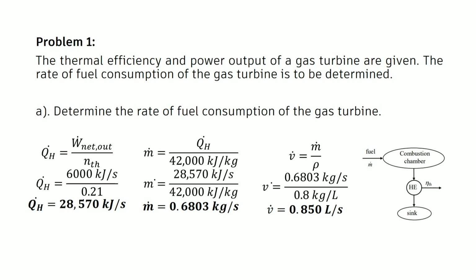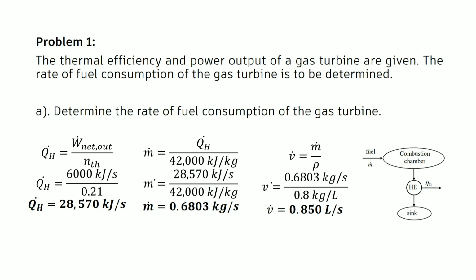Let's proceed. The gas turbine is converting 21% of the chemical energy released during the combustion process into work. The amount of energy input required to produce a power output of 6,000 kilowatts is determined from the definition of the thermal efficiency. So, the amount of energy input that is needed for us to produce a power output of 6,000 kilowatts is this: